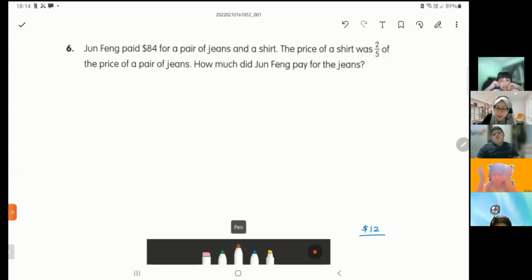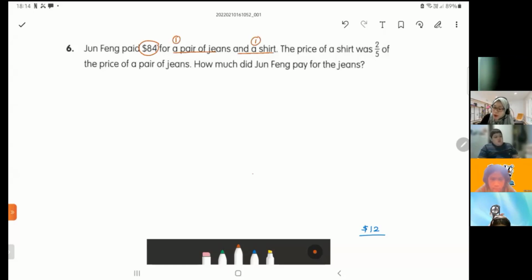Okay, Jun Feng paid $84 for a pair of jeans and a shirt. Means 1 jeans and 1 shirt. The price of a shirt was 2/5 of the price of a pair of jeans. I want you to focus on this fraction. This fraction. Usually what we know is